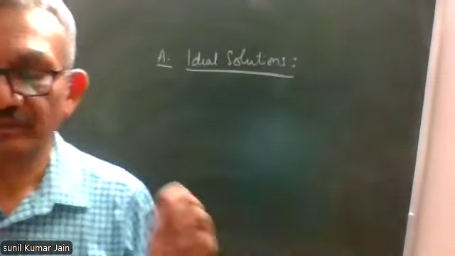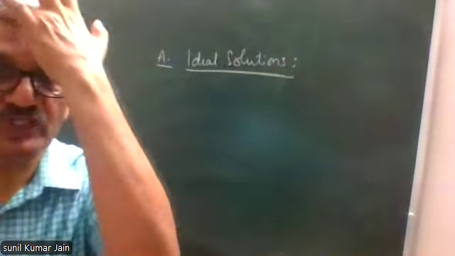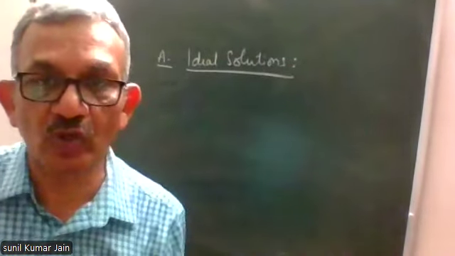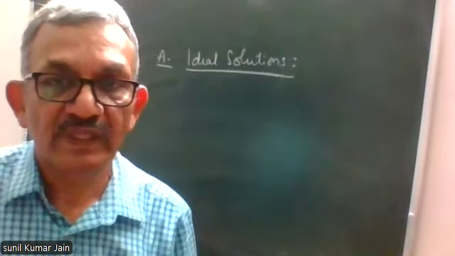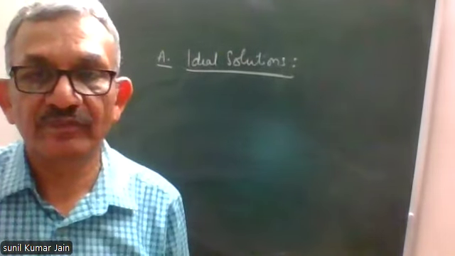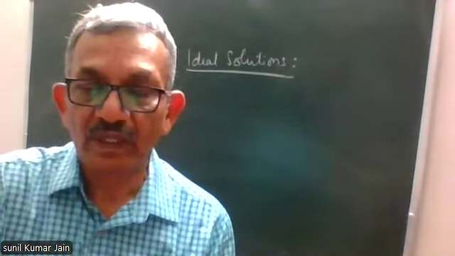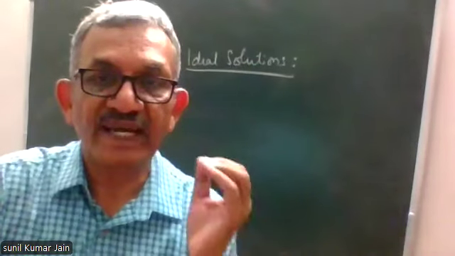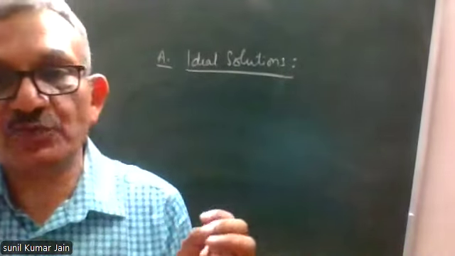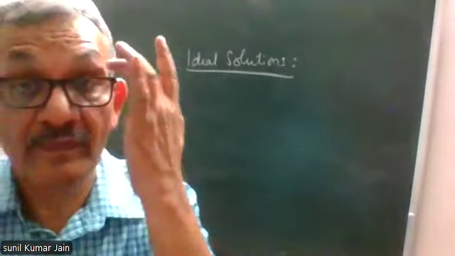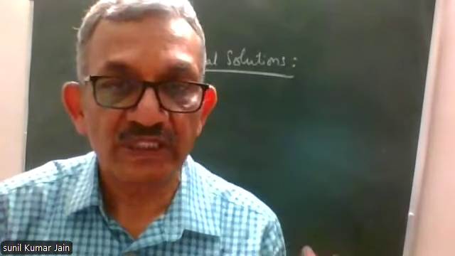Ideal solutions are those whose each component obeys Raoult's law over the entire range of concentration, so that the actual, that is experimentally determined, partial VP of each component